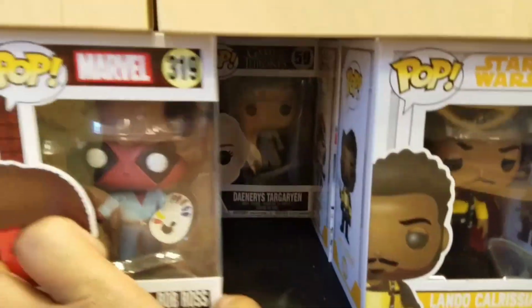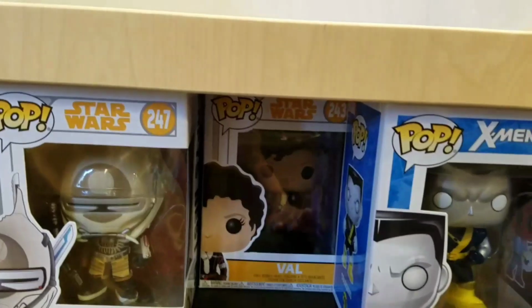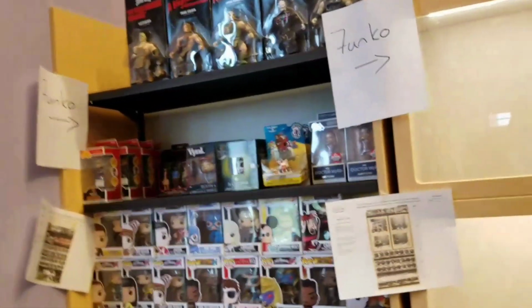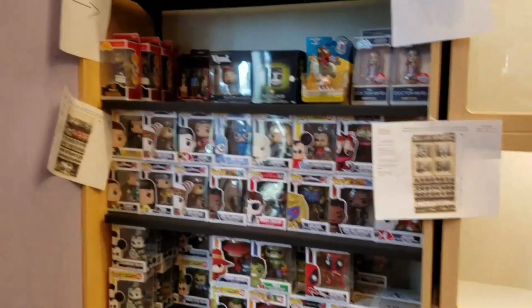But yeah. Well, let me get one more look here. I didn't really get a good look back here. Ghost, Val, Richard, Hank Pym. Alright, well, Miles Morales is definitely a must, but since it was a bit difficult to kind of dig through and record at the same time,